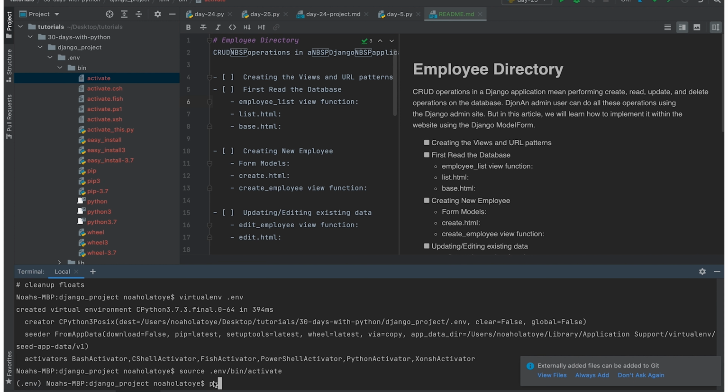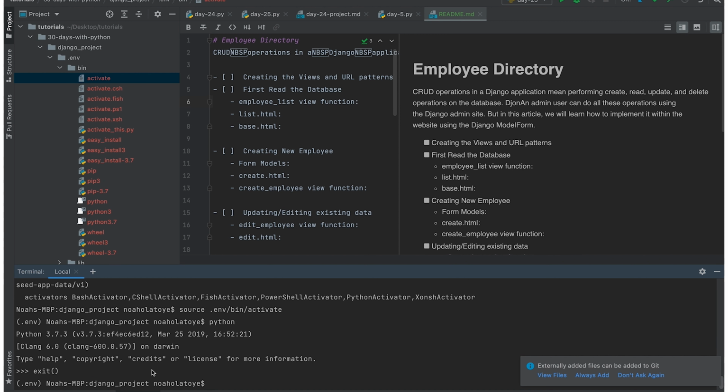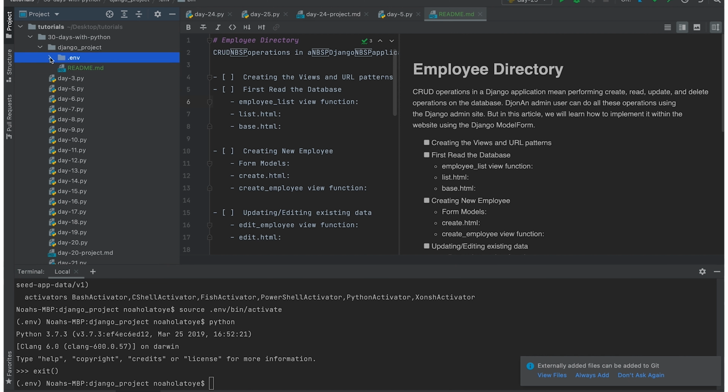So if I do Python, you can see right now I have Python 3.7, which is really cool. So I'm going to exit this. All right. Now we have our Python really set up. Everything is set up. So what you're going to be doing right now is whatever you're installing is going to